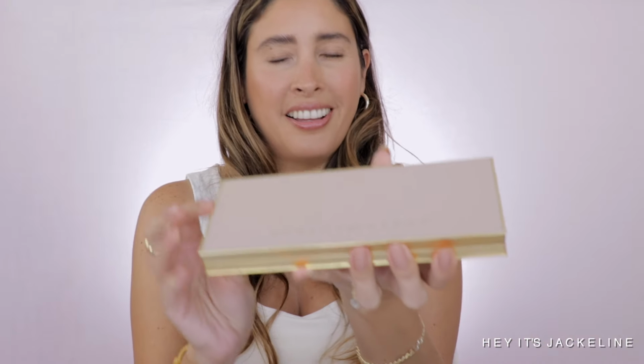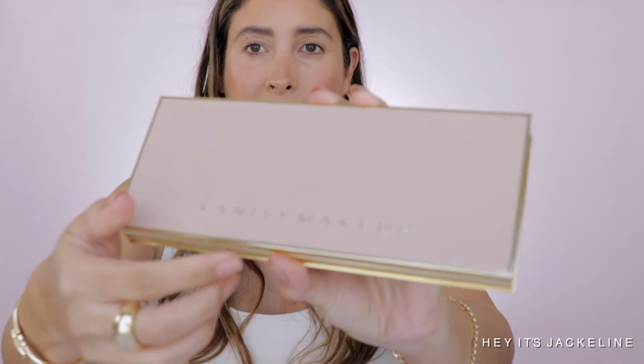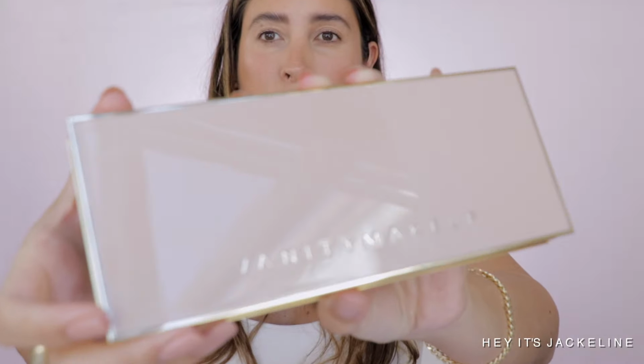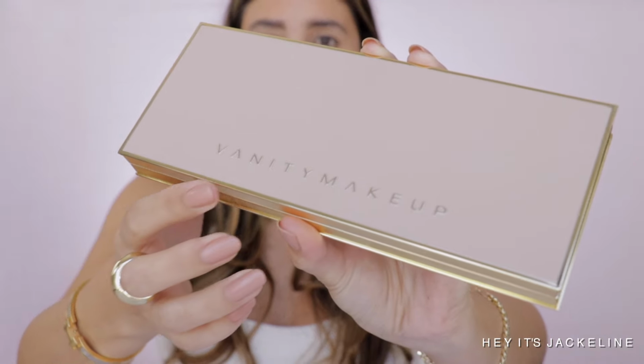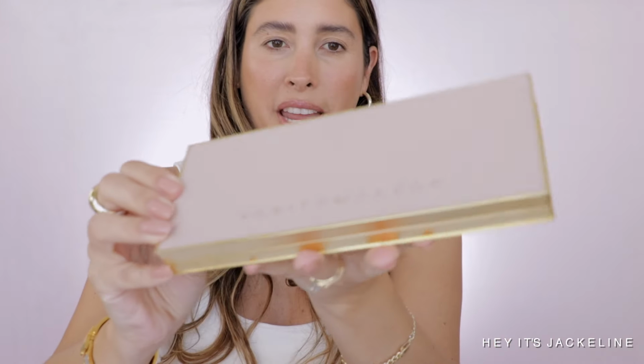So yeah, from the presentation so far, I'm liking it. Down here it says The Signature Palette. So let me show you how the palette looks. And this really excites me because it's stunning. The actual compact is heavy weighted. It's all this beautiful nude. It says Vanity Makeup on the top. It's thick. Again, heavyweight. If you see this gold trimming right here,